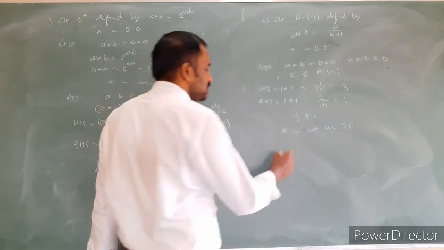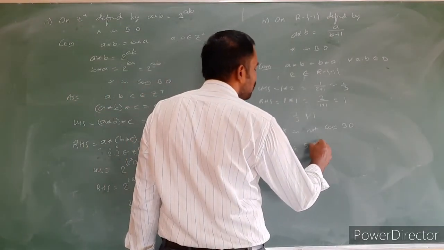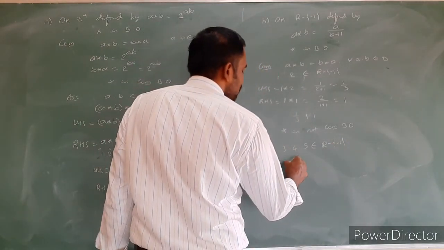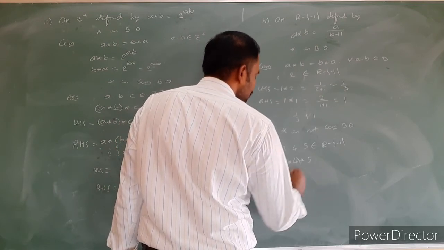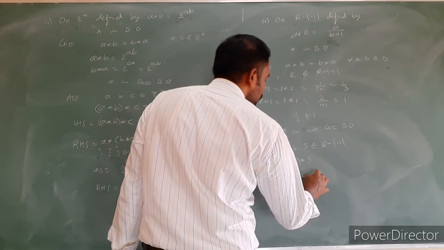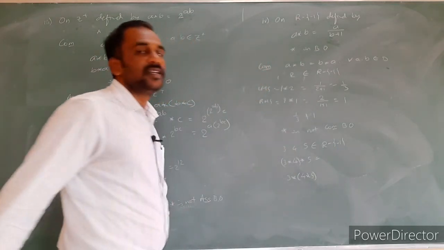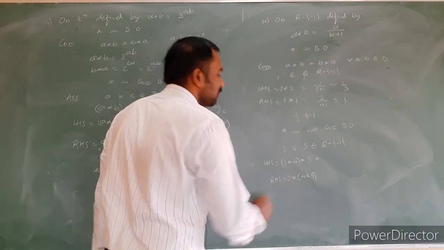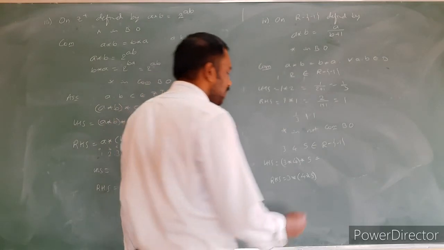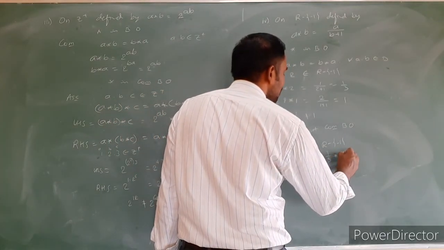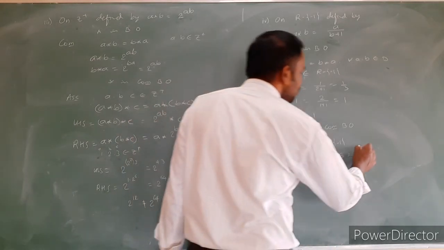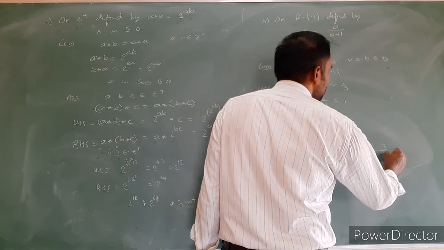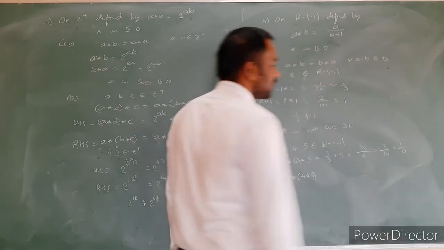Similarly, star is also not an associative binary operation. Take an example: I take 3, 4, 5 belonging to the real numbers except minus 1. Now check whether (3 star 4) star 5 and 3 star (4 star 5) are equal or not. This we can say is the LHS part, and this is the RHS part. What is 3 star 4? 3 divided by 4 plus 1, 3 by 5. Then star 5: a is 3 by 5, 5 plus 1 is 6, that means 3 divided by 30. So this we can write as 1 divided by 10.